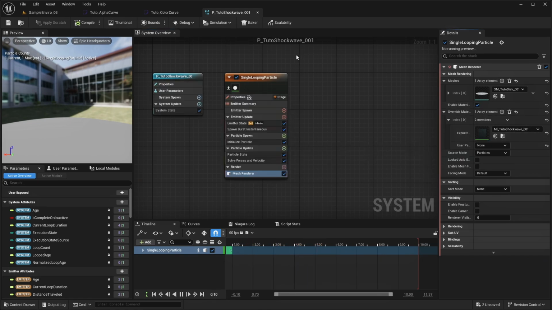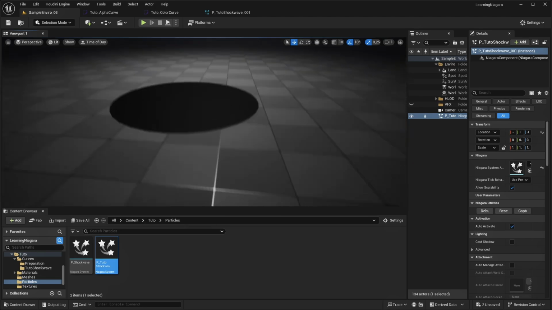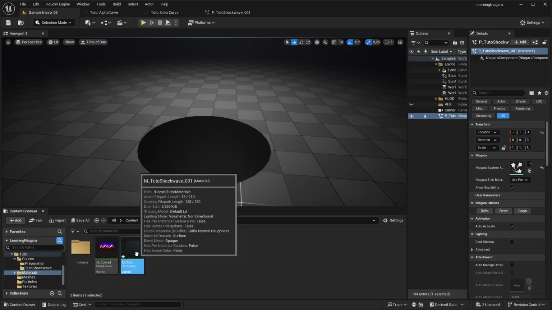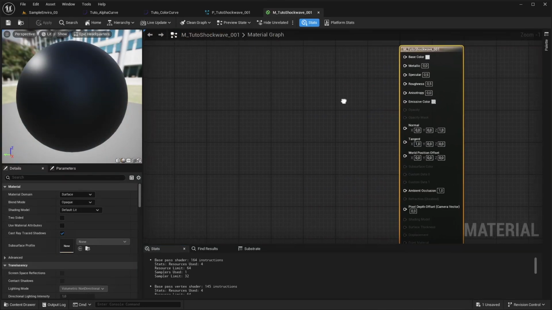Once done, we can come back to the scene and see that we have a dark disk on the floor. This is our particle system. We can now start to edit the material. That will be the shockwave material. Open it. Before diving into the node stuff, we will just set a few things.